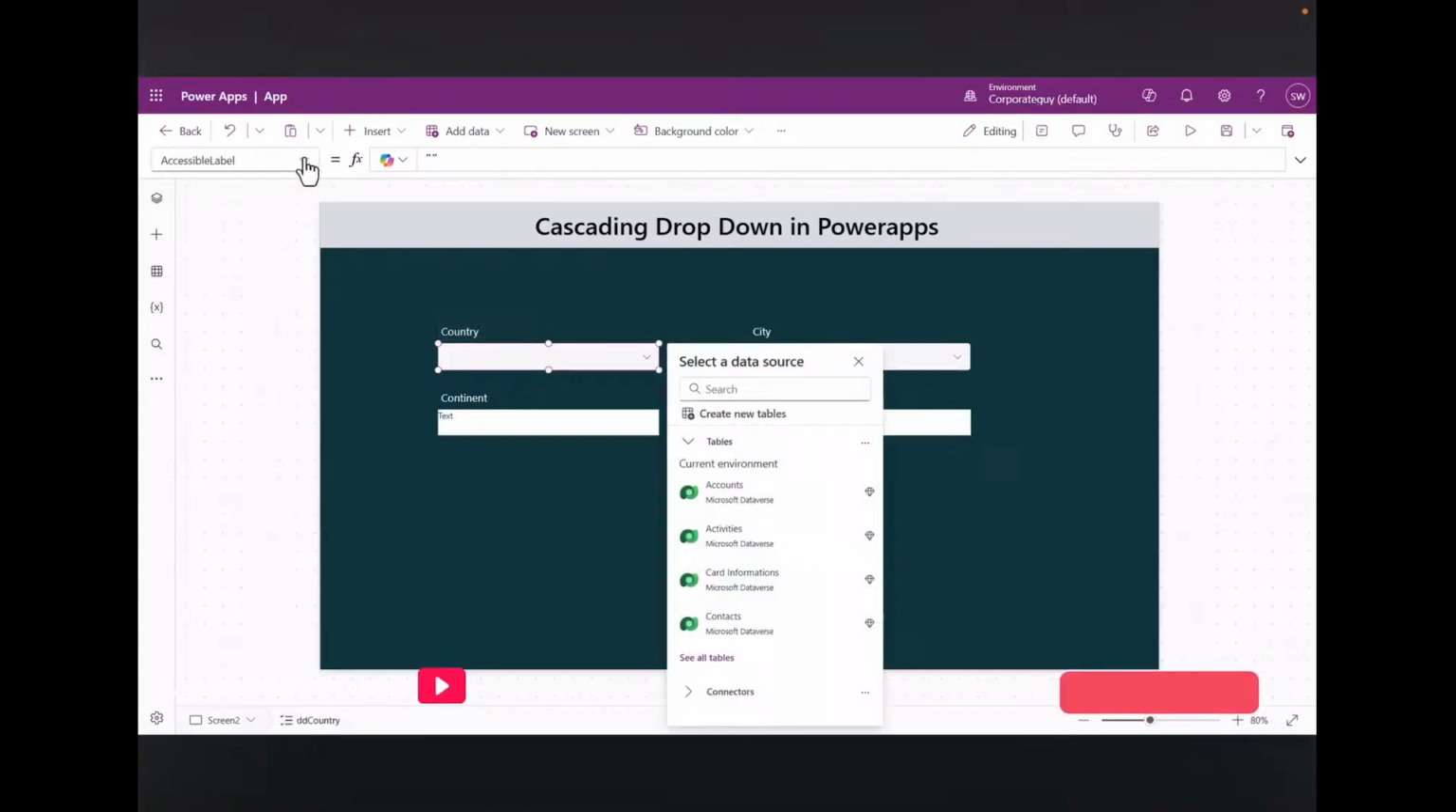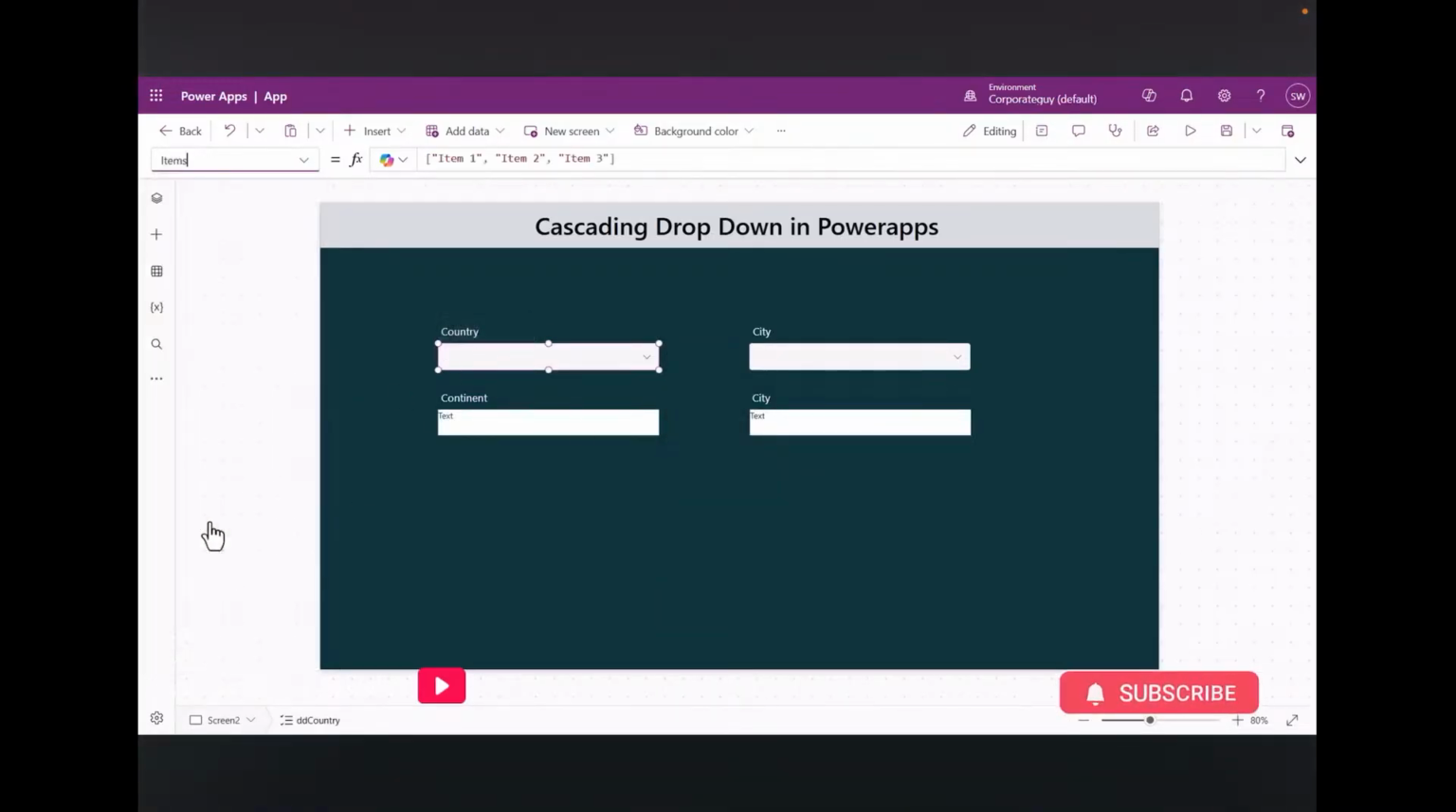So select that dropdown, and you will see we have an Items property of that dropdown. We'll go into that and write down our values inside these two square brackets. These brackets are often used when you are creating some kind of table or dropdown list. So we will remove all of these, Item 1, Item 2, Item 3, and replace them with our own